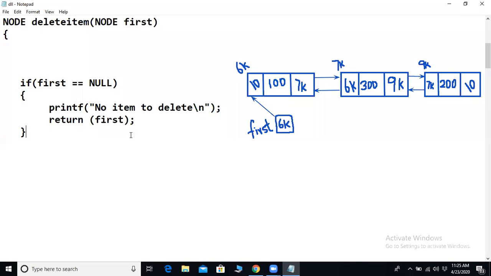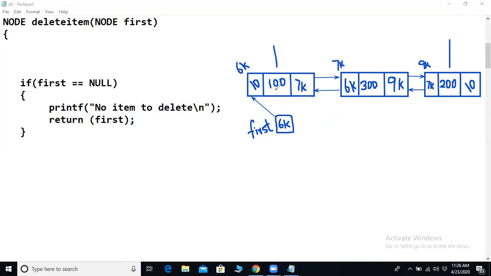Now let's take the next scenarios where we have some nodes already in the linked list. When I say there can be some nodes in the linked list, I can have only one node, or I can have more than one node. Both possibilities are there. And whenever I delete an item, that item may be in the first node itself, or it may be the last node.